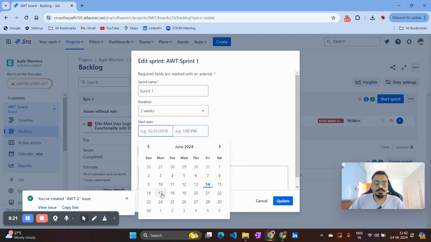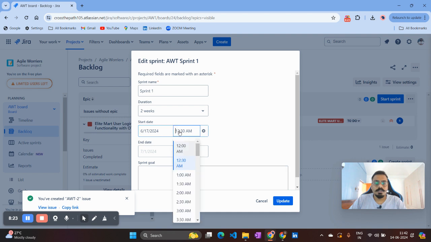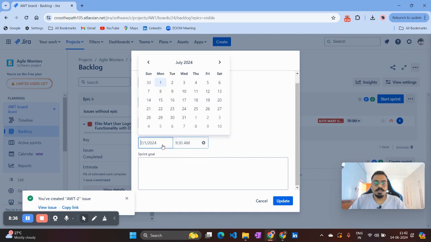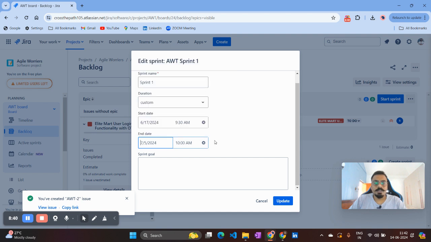For example, my sprint is starting from Monday, 9 a.m. and it's going to finish. Since you selected 2 weeks, it will automatically finish in 2 weeks, or you can put a custom date also. So the end date I want to keep, for example, the 5th of July, and it's going to finish in the evening around